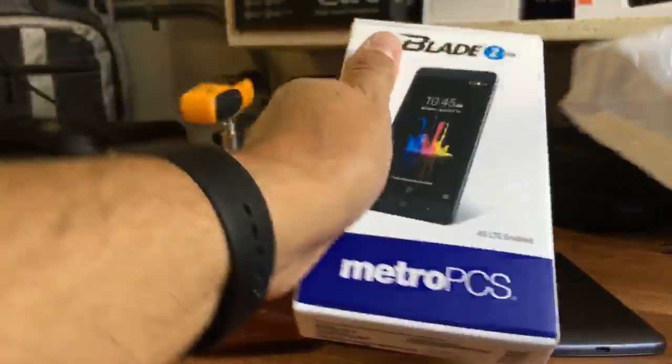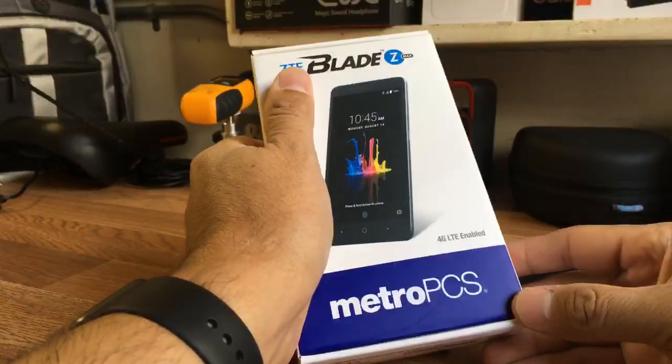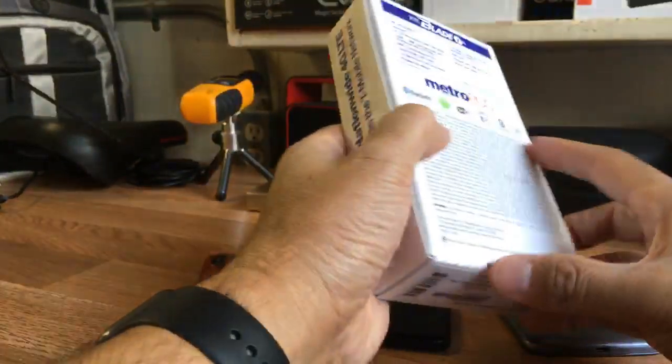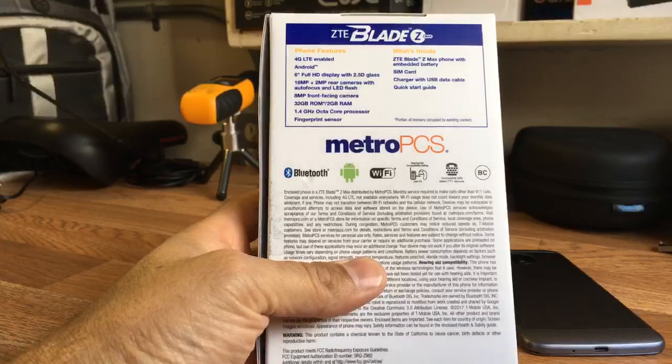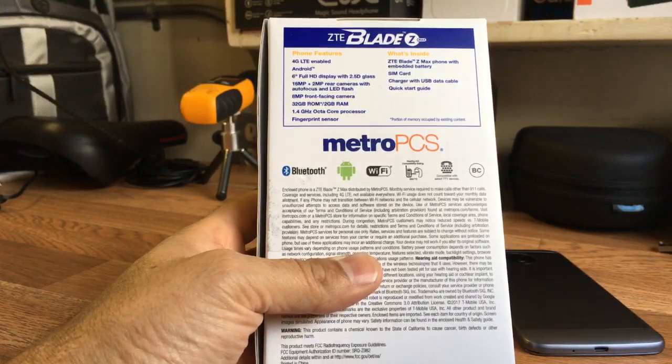Let me go ahead and take this out the box. There, you guys can see it. It's already been opened. The guy already opened it up. What's going on? And let's go ahead and read some of the specs on here real quick. So it does have, let me see, it does have LTE enabled. Android, it should be with Android